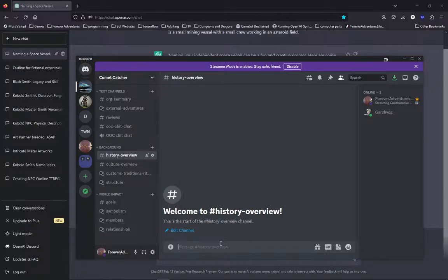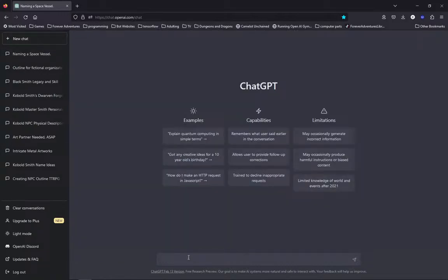So let's try and tone down the tumultuousness of creating this little family here. I just want them to be, I am creating a crew of a small independent ship.